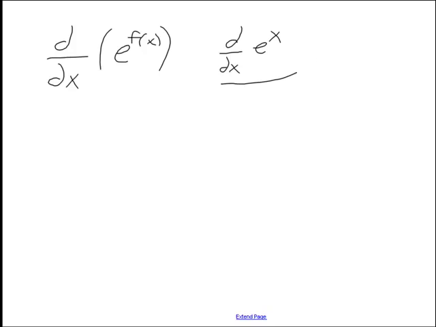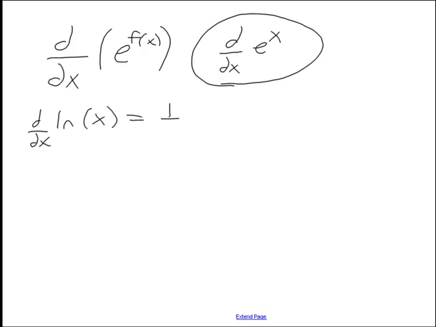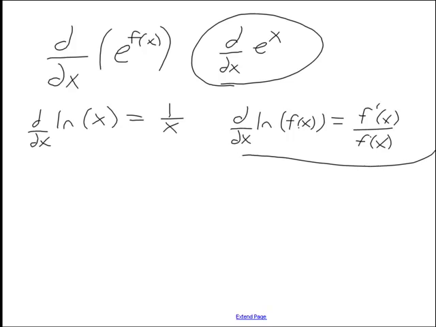So to prove this derivative, there's a lot of different ways to do it, but what I think is the easiest way: I've already proven in another video that the derivative with respect to x of the natural log of x is equal to 1 over x, and that the derivative with respect to x of the natural log of some function of x is equal to the derivative of that function over that function. So using this property with the derivative of logarithms, we can get our exponential's derivative quite easily,